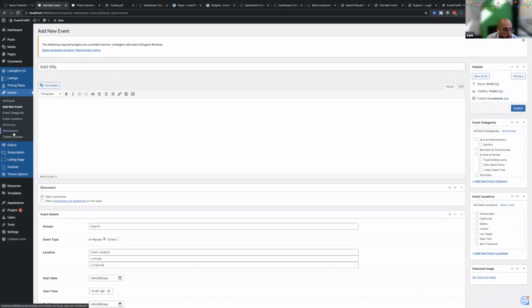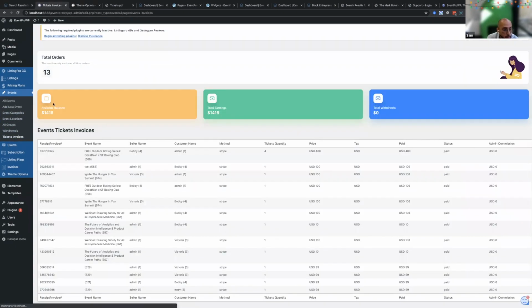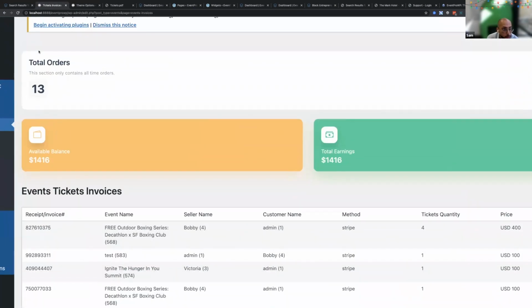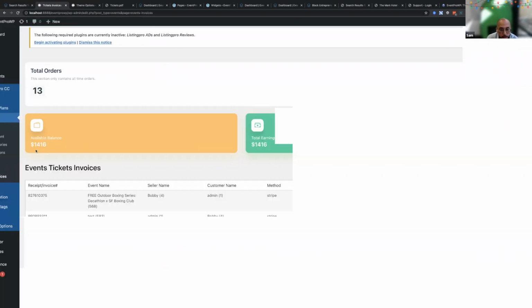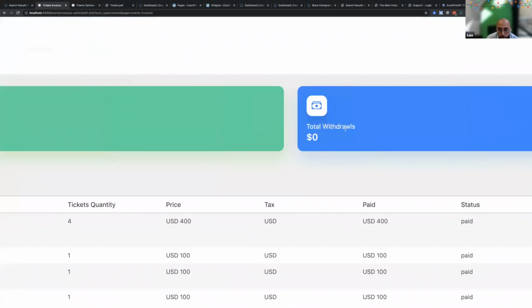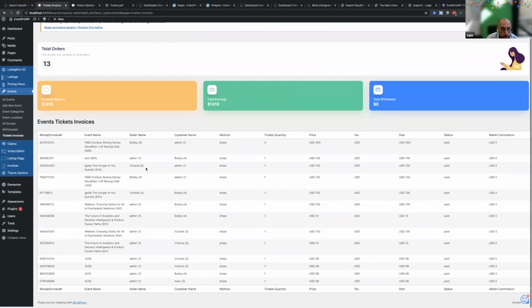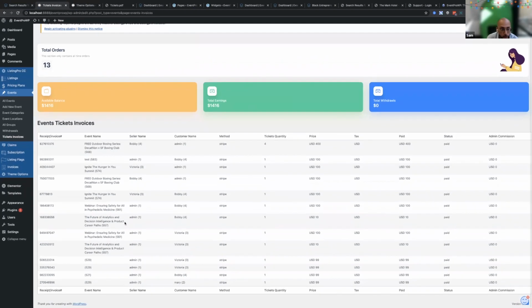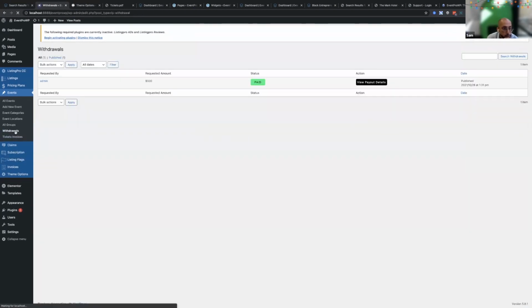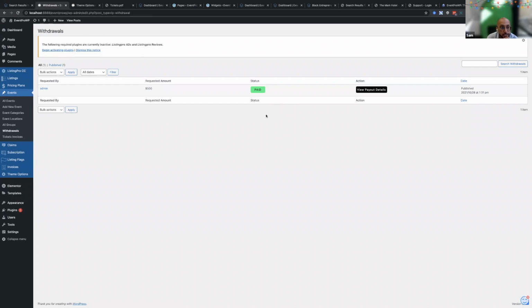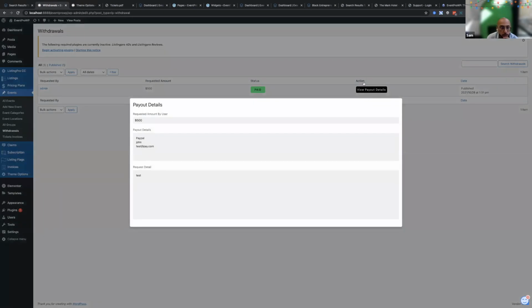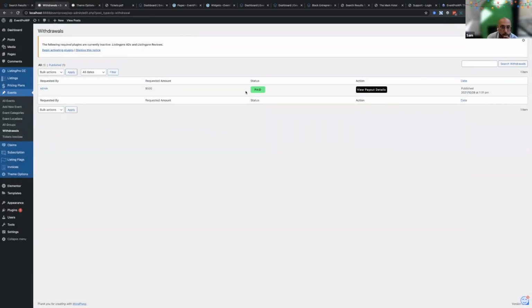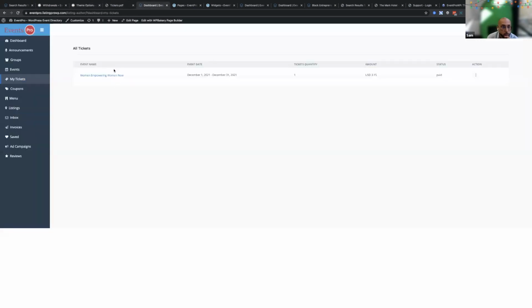So that's pretty cool. And then the tickets invoices will show you total number of orders, available balance, total earnings, total withdrawals, and all the invoices for all the tickets. So if a user wants to accept a payout request, they can do that from here. And there's no pending request right now. But if somebody were to request